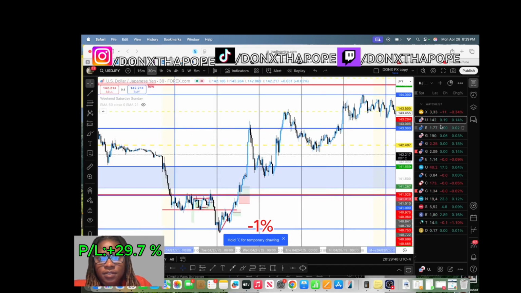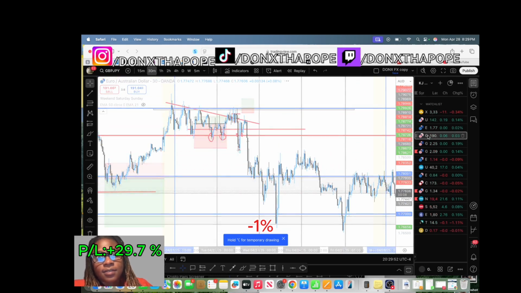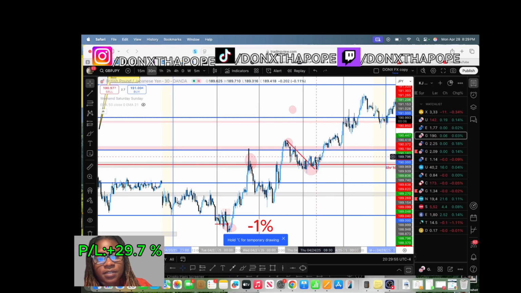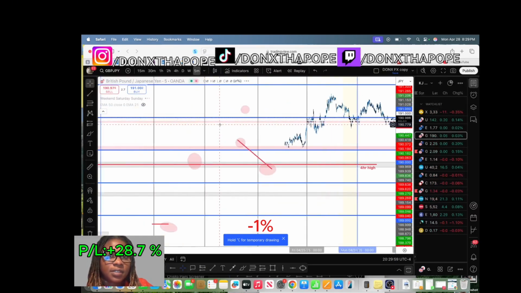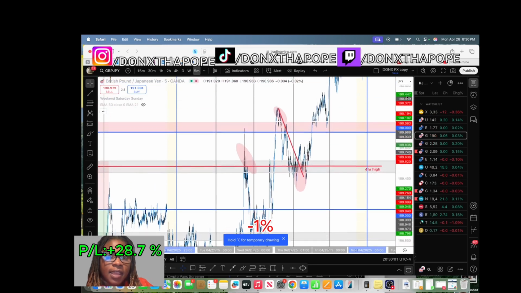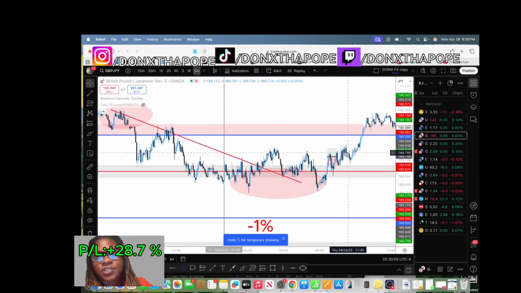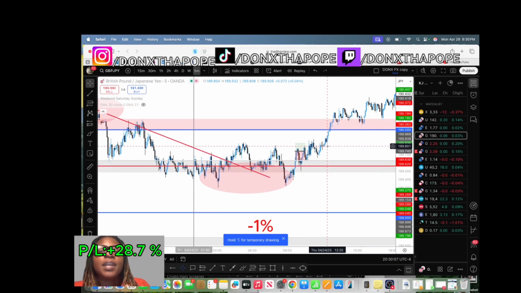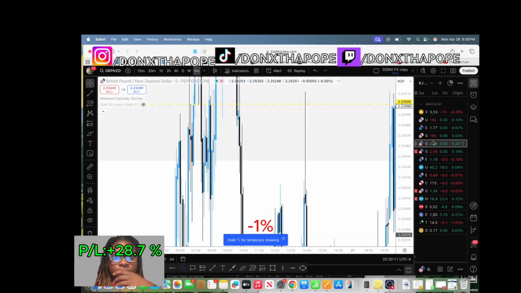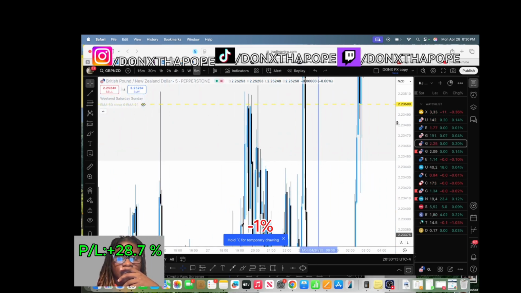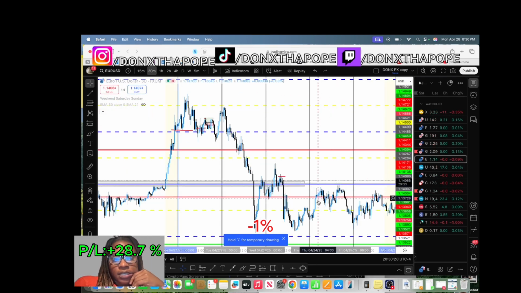I didn't do much on Thursday with them. I literally was up like a crazy percentage, 15% or something. Thursday, I hit JPY in the mouth. Let's see what I was doing with them. I knew it was a buy, but sometimes JPY just plays too much. Look at all this sloppy price action. So that was a -1 for Thursday.